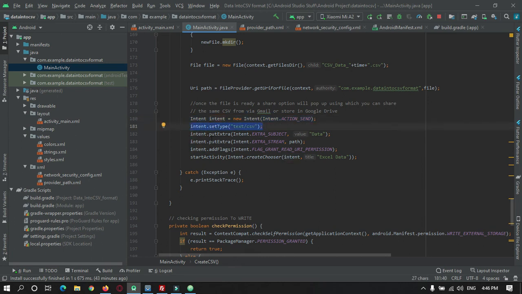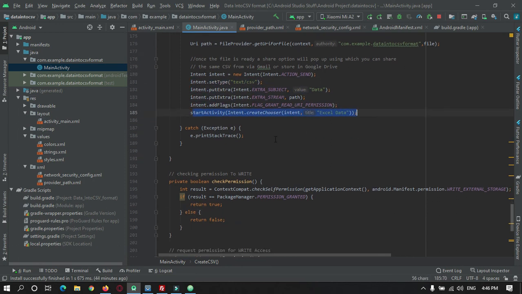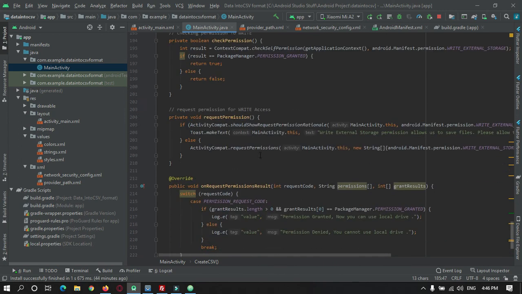So this is the method I have used. This is start activity. It will open the share options, where you can choose which share option you want, and that's all.